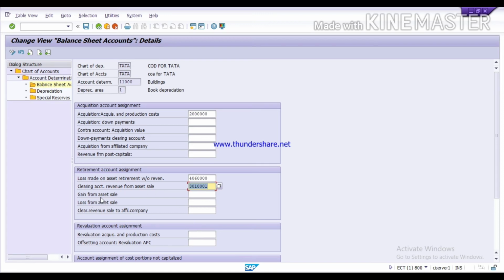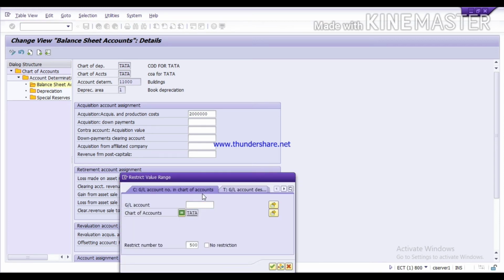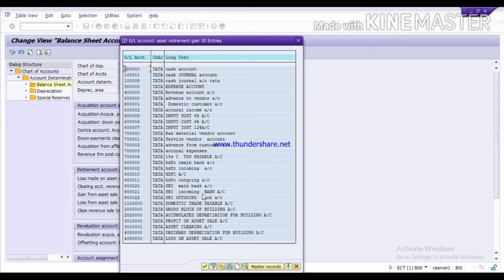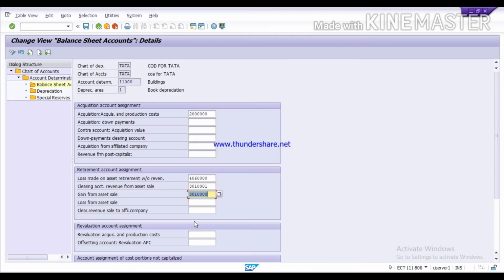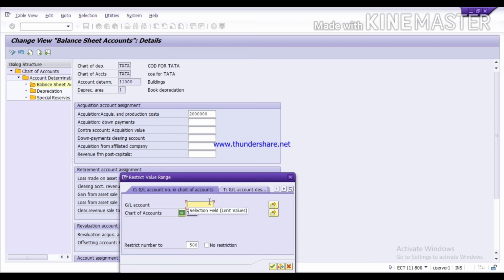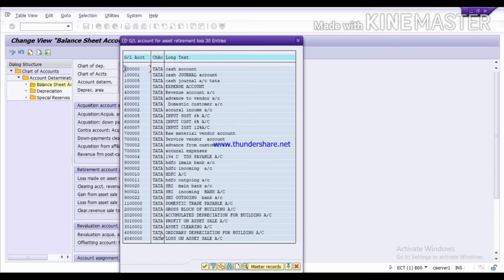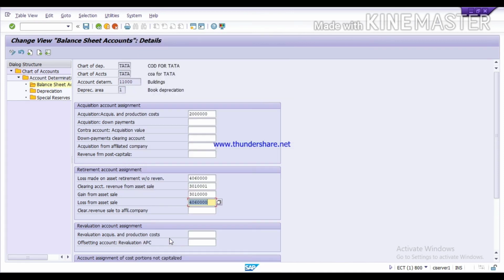Then next is gain from asset sale. So again press the F4 key and here you need to select the GL which is profit from asset sale. These GLs we have created in a previous video. Double click on it, profits on asset sale. Next is loss from asset sale. Again you need to select your loss from asset sale GL. So like this you need to assign the GLs. This is for the balance sheet account GLs.